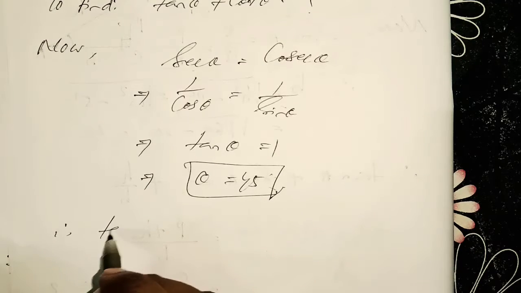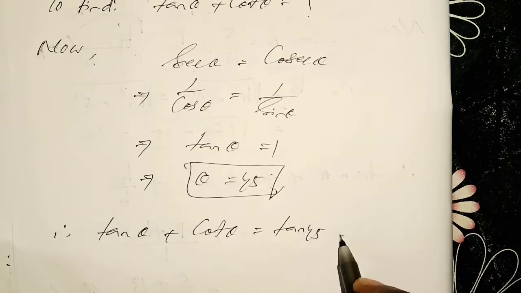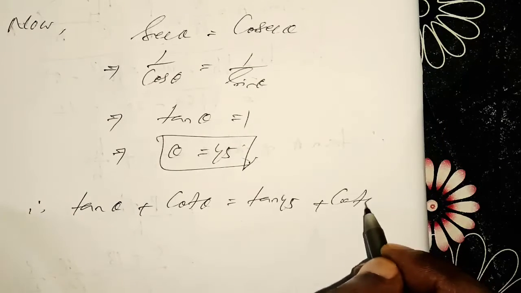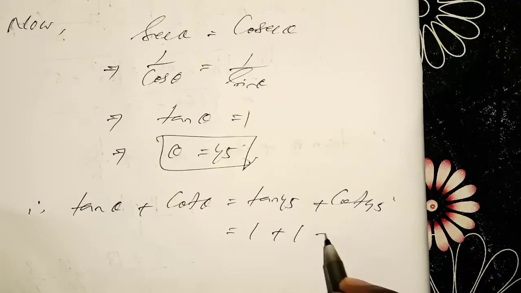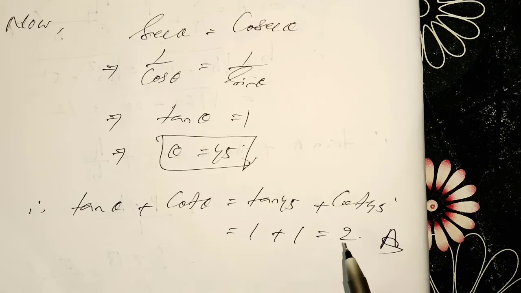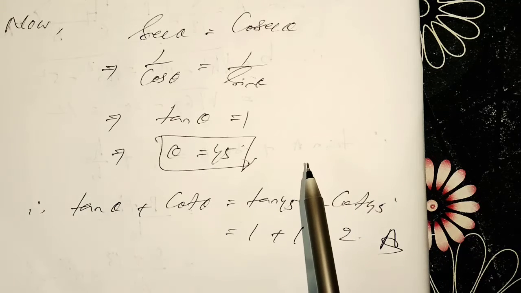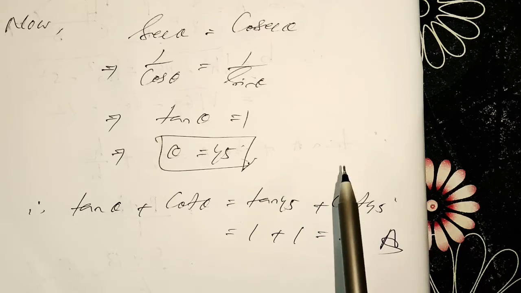Next you have to find the value of tan theta plus cot theta. That means tan 45 plus cot 45. You know tan 45 is 1, and cot 45 is also 1, so the answer is 2. Okay, this is the way of solving very quickly. If you know the tricks, it becomes easier to solve and you can easily score 100% in math. I am showing different types of tricks applied to solving different types of trigonometrical questions. Though the questions come in competitive exams, your base level comes from classes 9, 10, 11, 12.